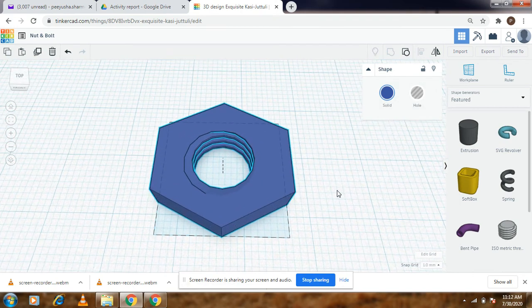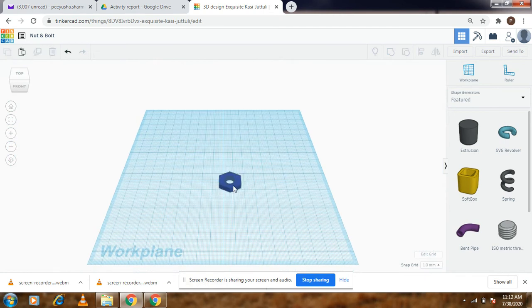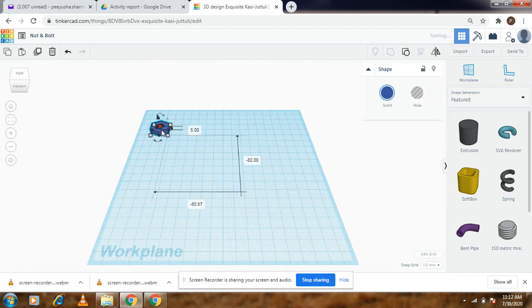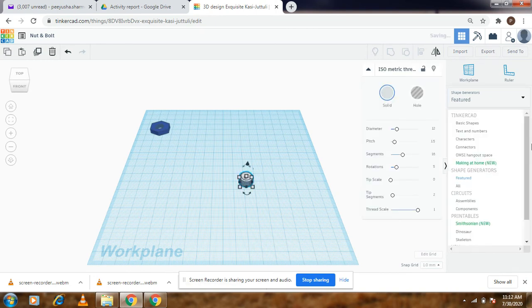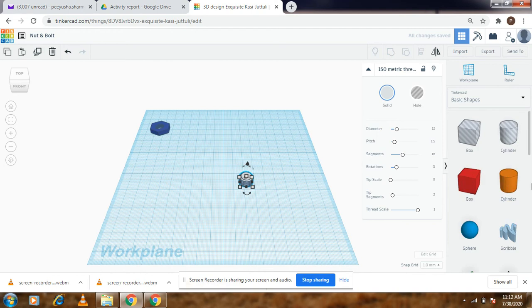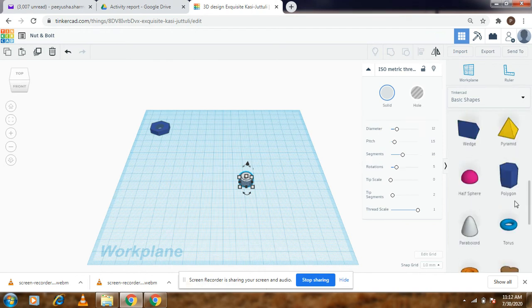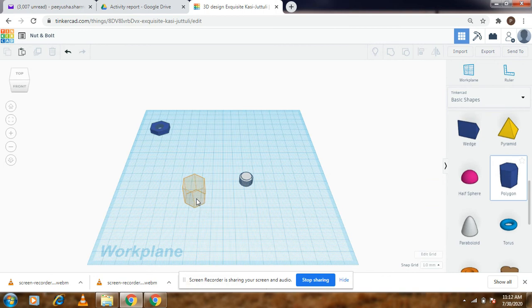So now what we need to do is build our bolt. So we will drag our nut onto one end, and maybe if you want to, you can lock this shape because we need not make any other changes to this shape. So now let's get started with the bolt part. For the bolt as well, we'll need an isometric thread and a polygon. Polygon in this case will be acting as the base of our bolt. So we will go ahead and drag a polygon in here,